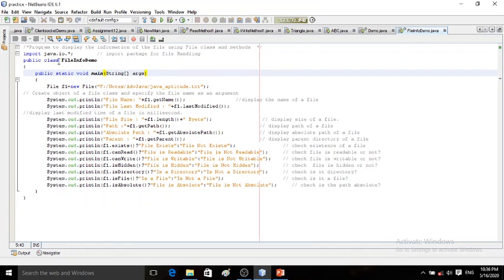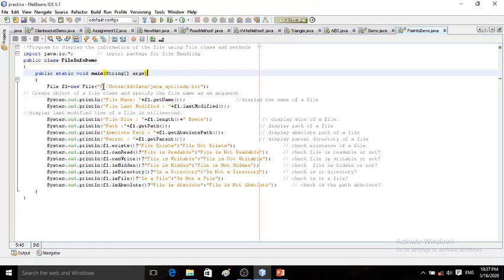So public class FileInfoDemo, under that I have written main: public static void main(String[] args). The very first line creates an object of the File class. File is the class name, F is capital, object name is f1 equals new File.